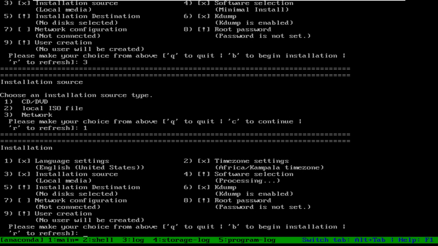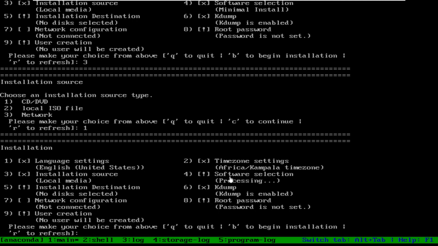Now the fourth option says software selection. Here we have to decide what software we want to install on our machine. By default, all the software required to configure this Linux basic server is included. Remember, this is a server operating system used to configure different servers: identity server, database server, software management server, and lots of other ways it can be used.